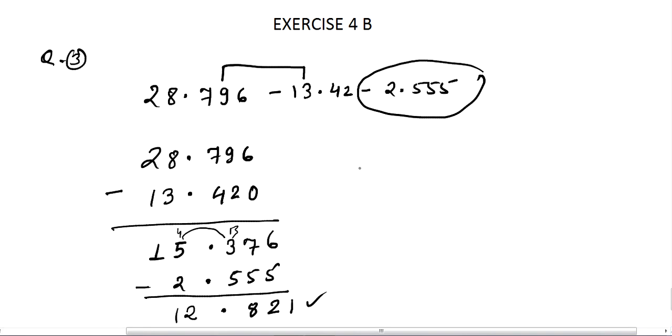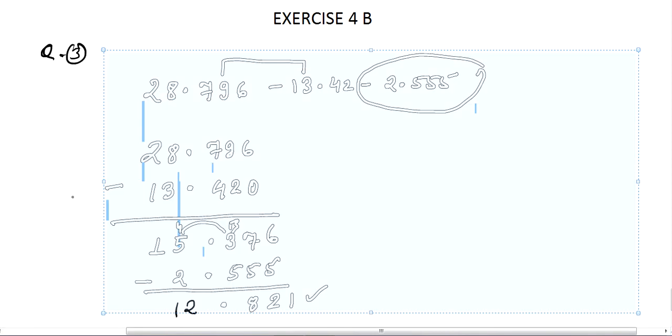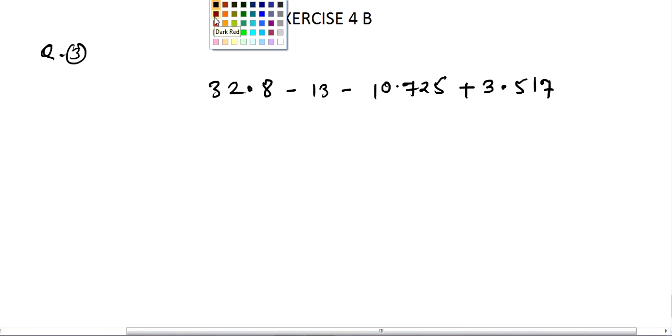Fifth one, we are having minus and plus both. Okay. So fifth one is 32.8 minus 13 minus 10.725 plus 3.517. Now in this question, this is positive value and this one is also positive. These two are negative. So you can simplify by step,